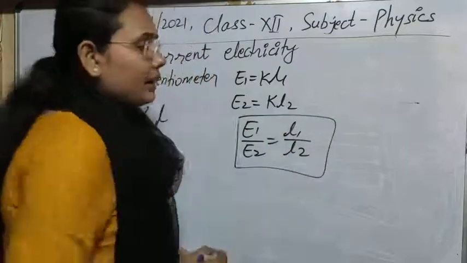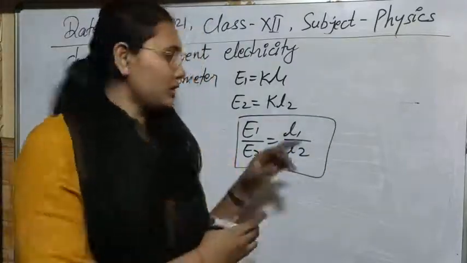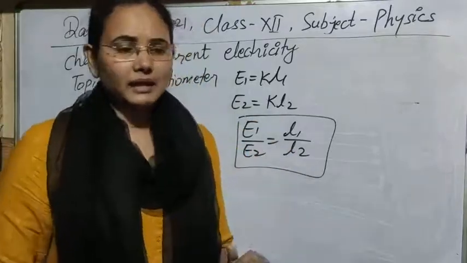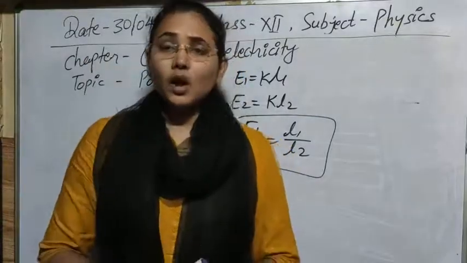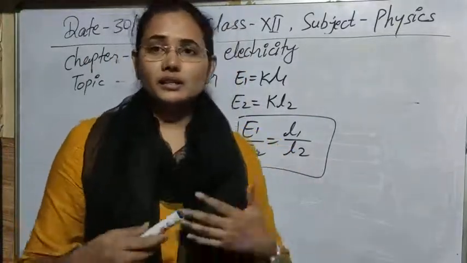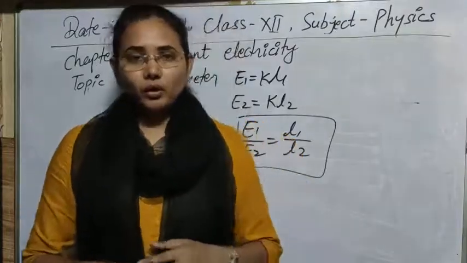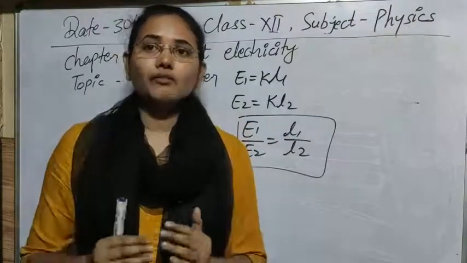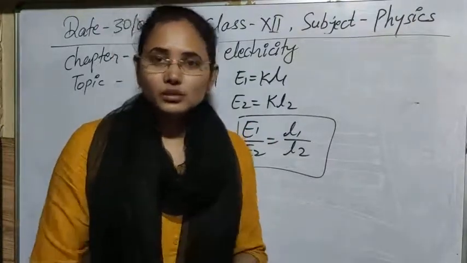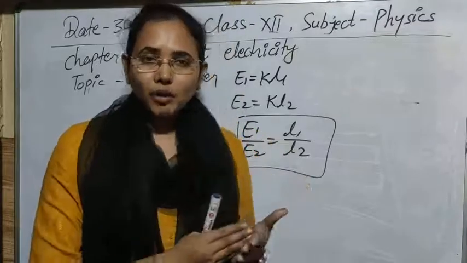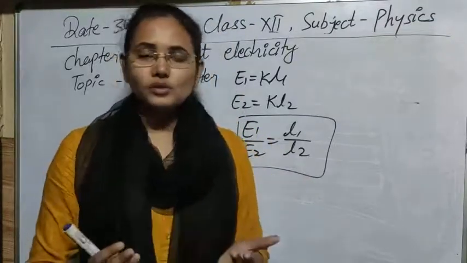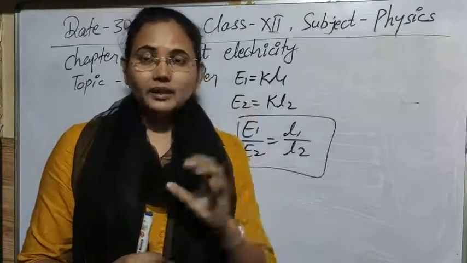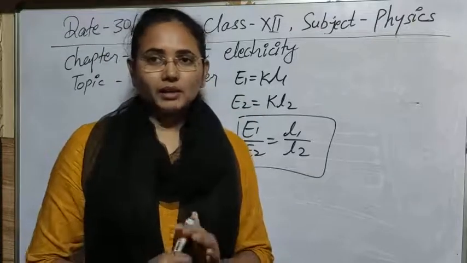So this ratio we are using to compare the EMF of two cells by using the null point method. This is a very accurate and very easy method to find the EMFs of cells, to find internal resistance, or to compare them. It is a more accurate device than the voltmeter because it is not drawing any current from the circuit, since we are using the null method here. At the null point or balance point, as no current is drawn from the circuit, no potential drop is occurring. So it means that we are measuring the accurate EMF here. So this is a more accurate device than the voltmeter.